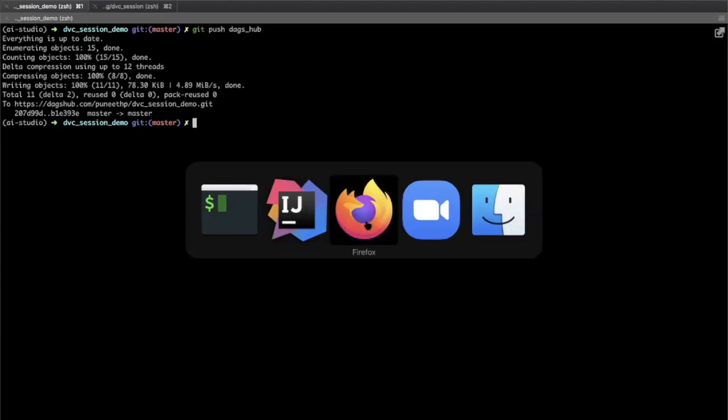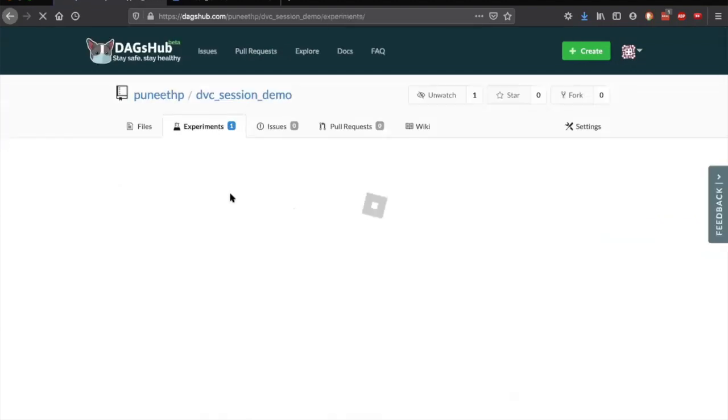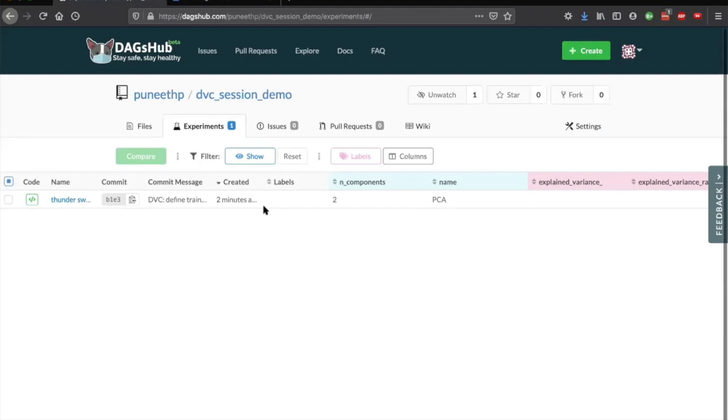So now if you see in the DagsHub, let me refresh this. So you can see that there is a first experiment that you have done, which is you have built a PCA model with number of components as 2, and these are the metrics that are generated by it.